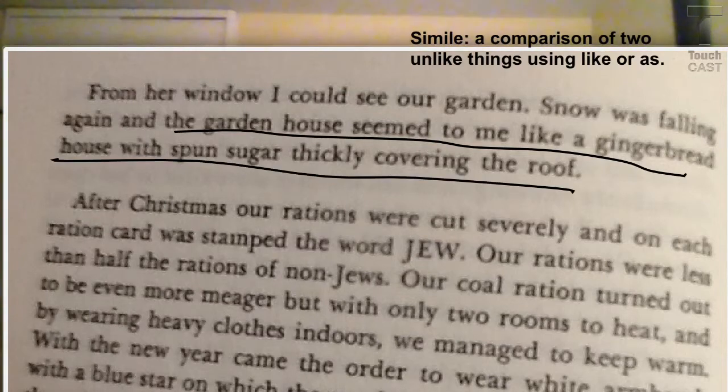Now, why do you think that Gerda decided to compare the garden house to a gingerbread house? Well, for one reason, she may have had gingerbread houses before in her life, so she's remembering how it's similar to something she's seen before. But the second and more important reason is that Gerda may think that her readers have seen gingerbread houses before. So she knows in her head what the garden house looks like, and by comparing it to a gingerbread house,